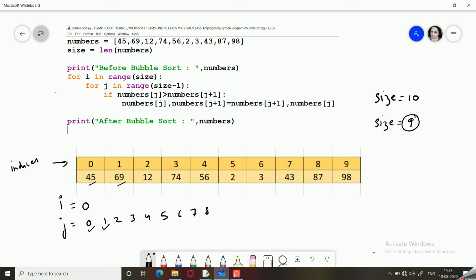So numbers[j] is this one, and numbers[j+1] will be this. Is 69 greater than 12? Answer is yes. So a swap operation will take place here.